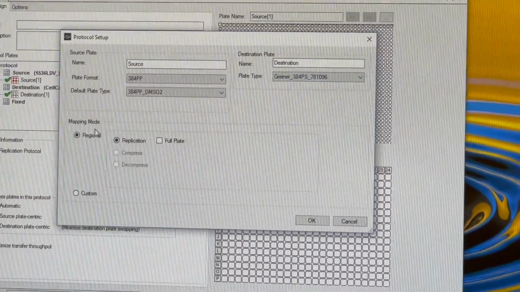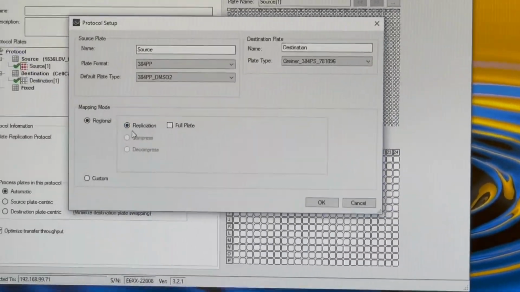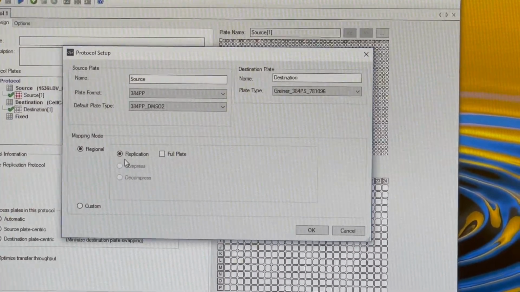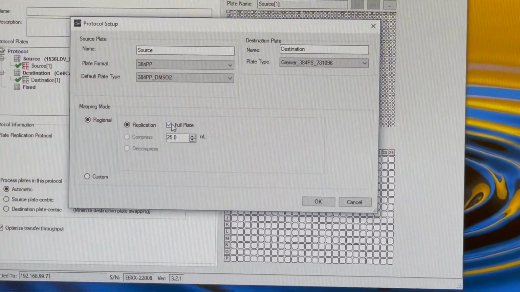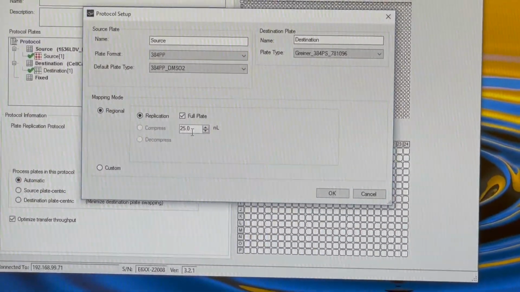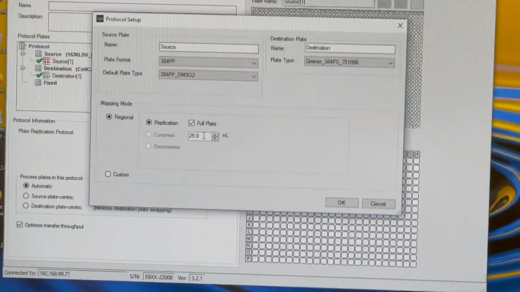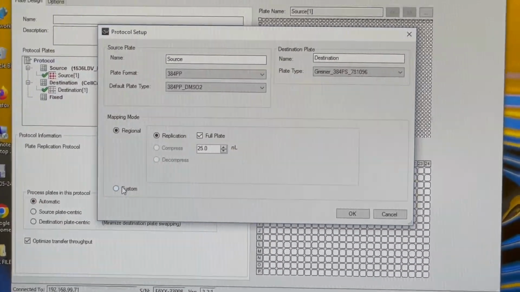And then you get to choose, do you want to just replicate the whole plate so that your source and your destination are just going to be identical? It's called stamping. And you can do the full plate, and you can say how many nanoliters you want. So it will literally just put everything from the one plate in the exact same location on the other plate, that many nanoliters. The other option is to do custom.